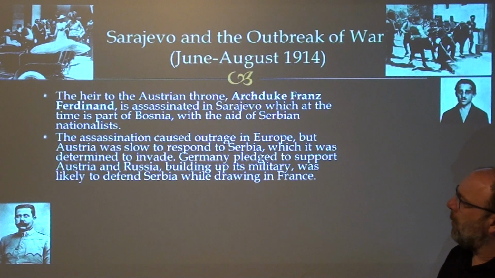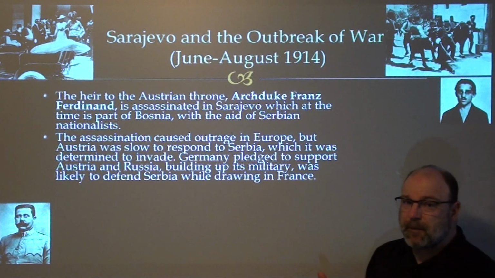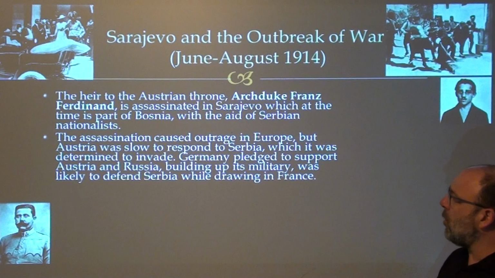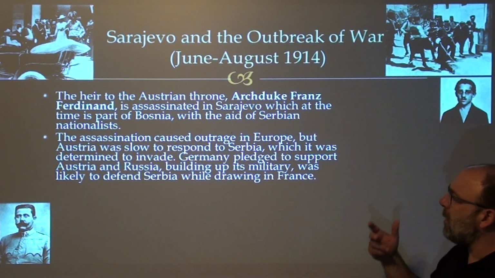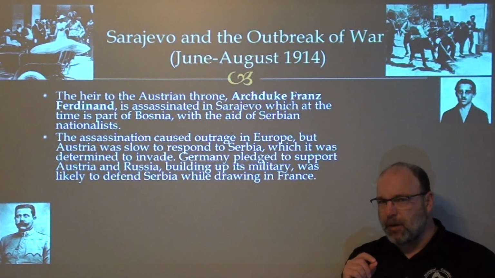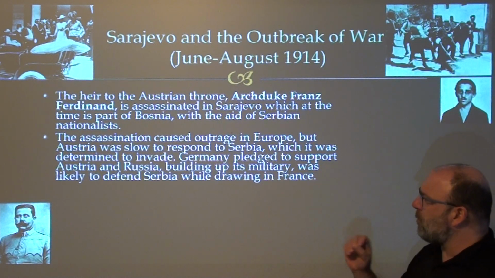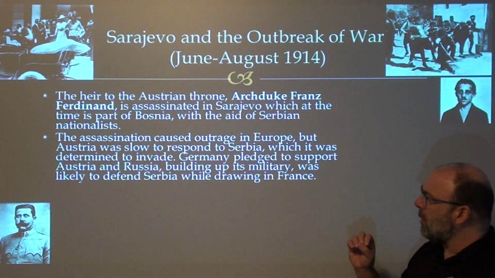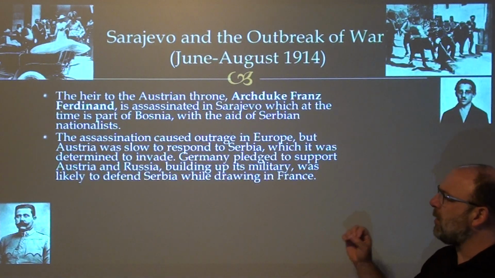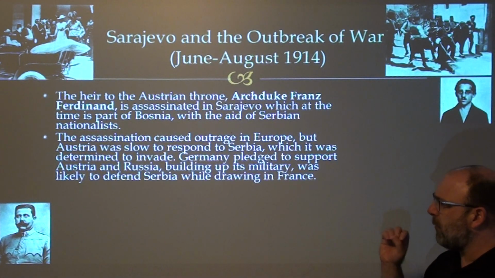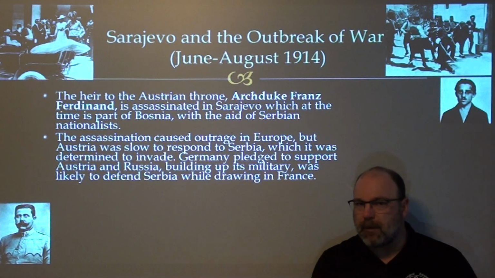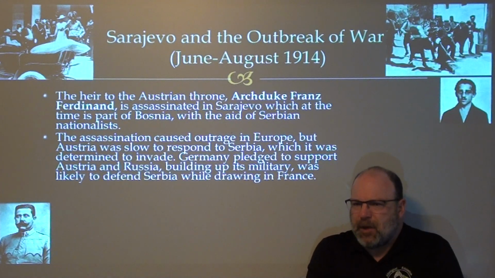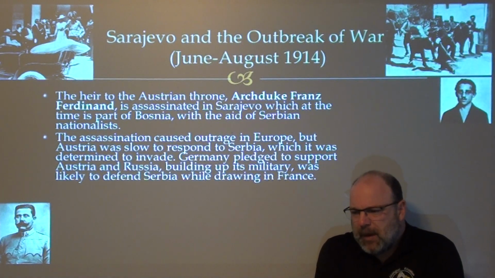Well, when the assassination occurs, outrage in Europe occurs, but Austria was slow to respond to Serbia, which it was determined to invade. Germany, now it's interesting, Germany was not part of the initial process here. Germany pledges to support Austria, and Russia, building up its military, was likely to defend Serbia while drawing in France. Now before we continue, I wanted to talk briefly about the events of the assassination, because what's interesting is there